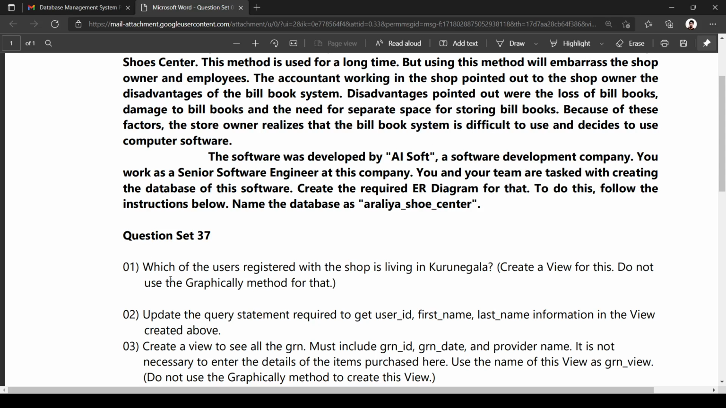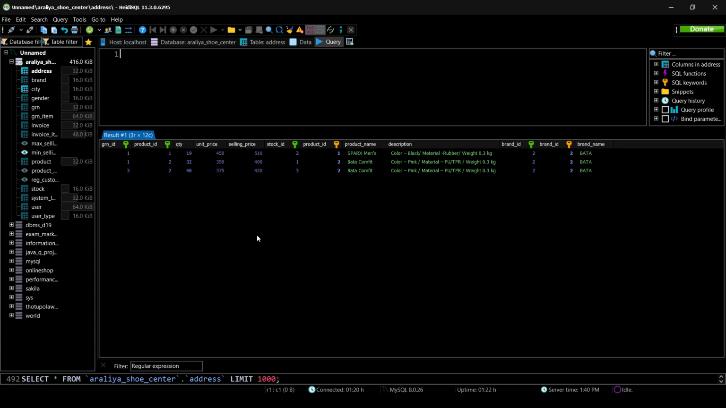Which of the users registered with the shop is living in Kurunegala? Here we have to find the user details of the users who live in Kurunegala, and there's another special instruction: create a view for this. Do not use the graphical method for that. We can't use the query method alone; we have to create a view for this one. So let's jump into our ADSQL browser,